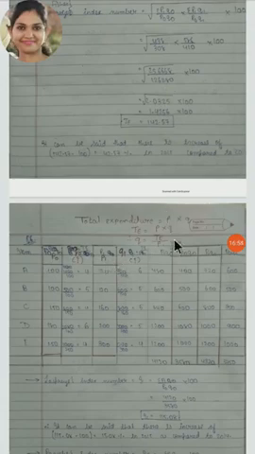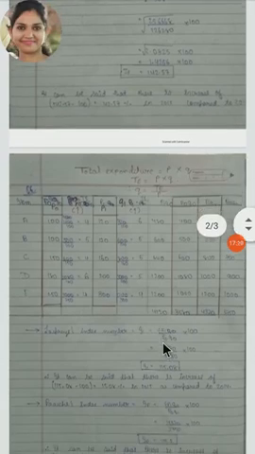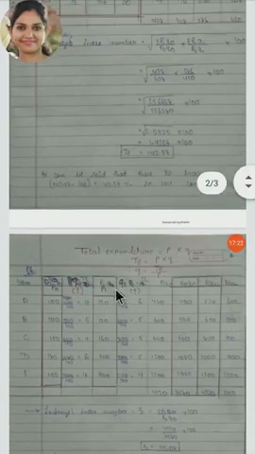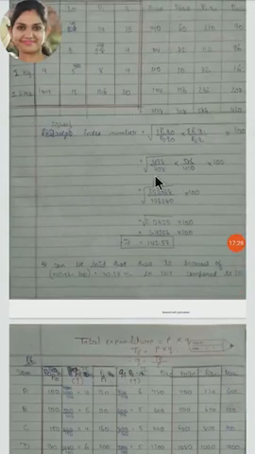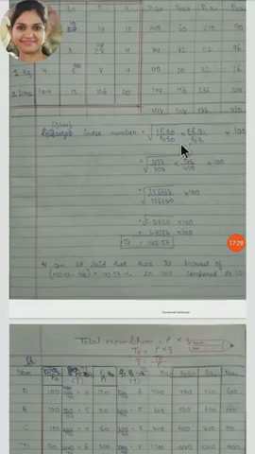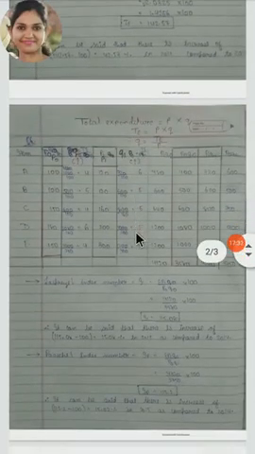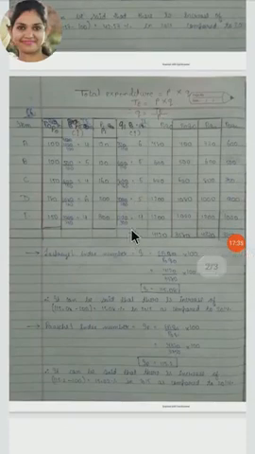But we already prepared the column. So now we will find another column, P1 Q0. P1 Q0 means you will do the multiplication of these two columns, right? P0 Q0, this is already given. If you want to find again, you can easily find it, P0 Q0, P1 Q1 and P0 Q1. Then do the total. Here Paasche's and Fisher's index numbers, both we have to find. So we will not put this formula directly. Here we have to find the ideal index number, it means Fisher. So we put this formula directly. But here for the Paasche's index number, we have to find both. For the Fisher index number, we will find both Laspeyres and Paasche's index numbers.